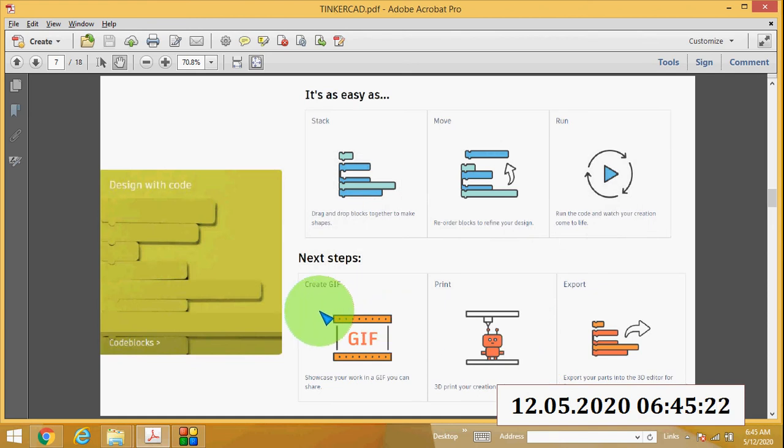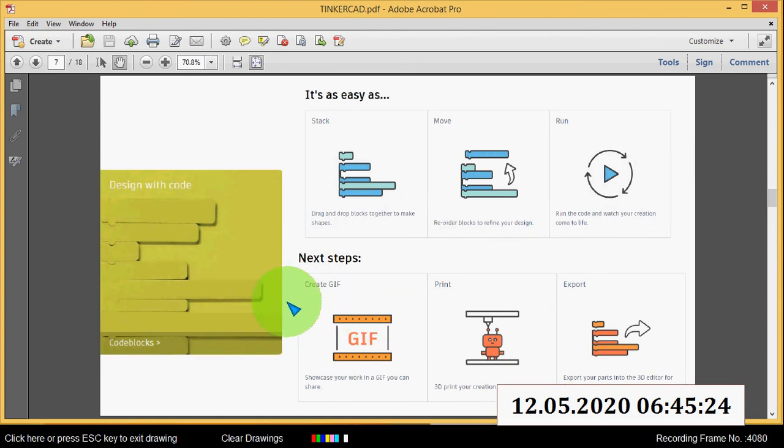The first area is 3D design, the second area is electronics, and the third area of Tinkercad is code blocks, where you can design with code. You can drag and drop blocks together to make shapes.